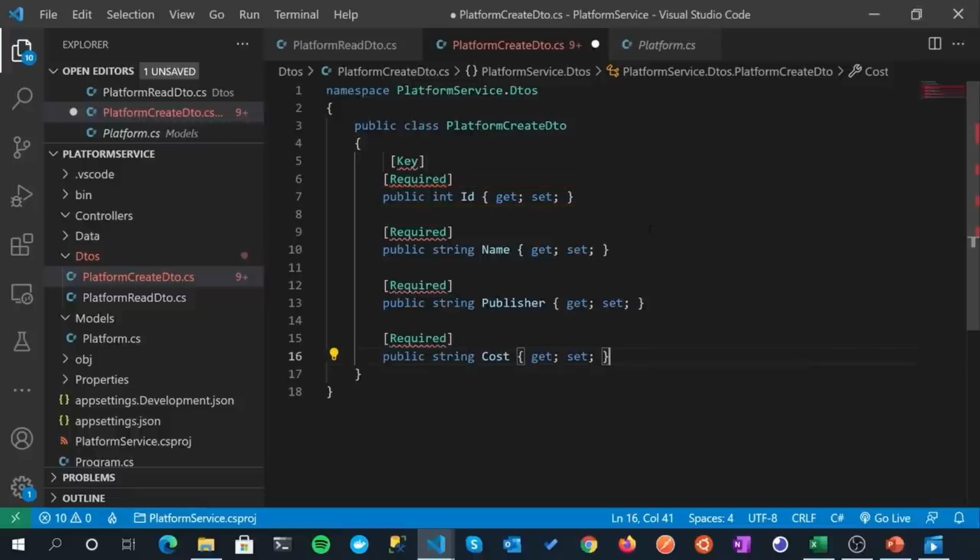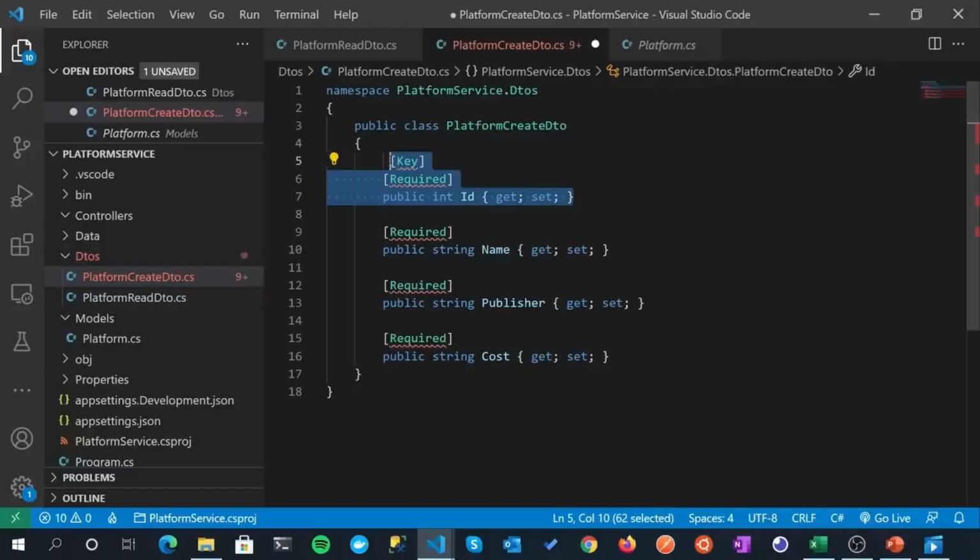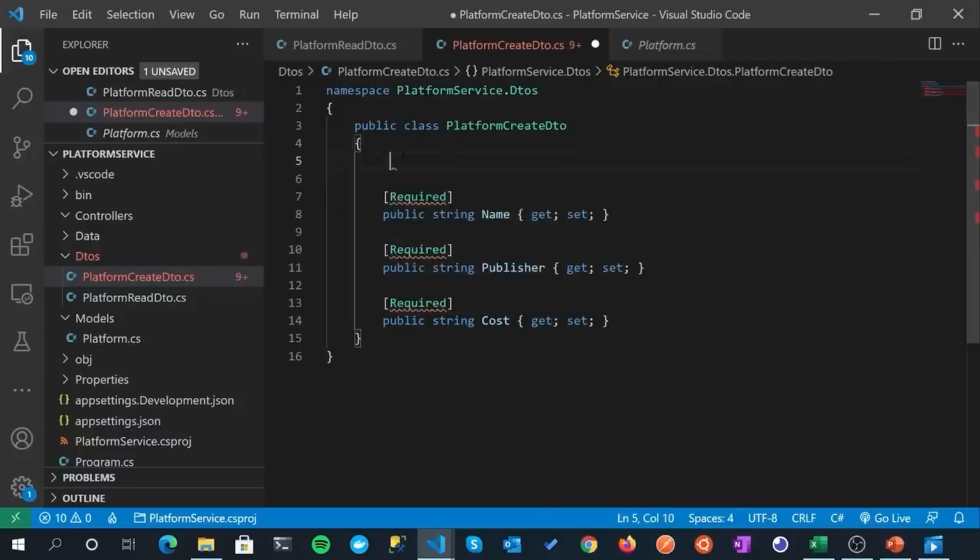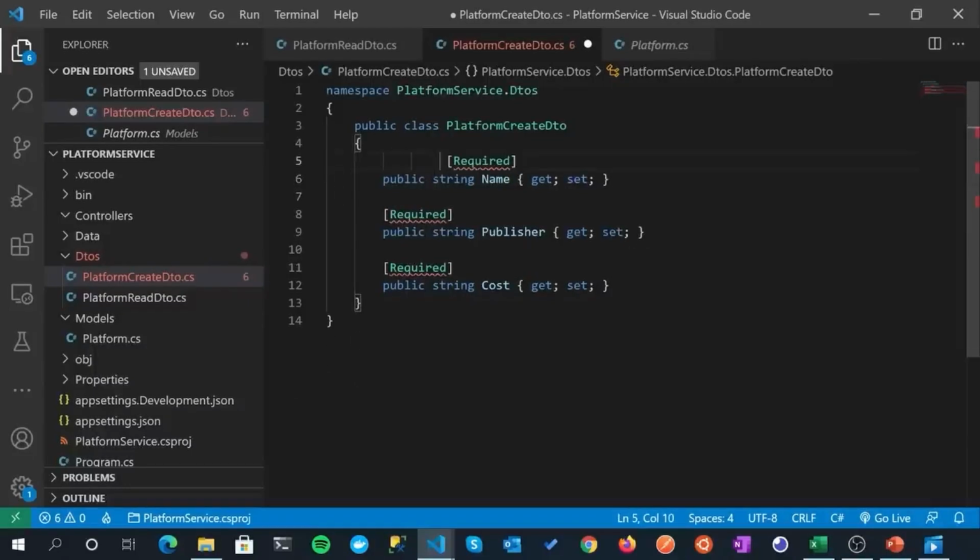No, in this case we don't, because we take care of that. Our database takes care of that by creating a primary key for us, and that's where the unique key comes from. So when someone's creating a platform with us, we do not want them to supply the ID as part of the body payload, so we take that out, okay? As for the other stuff, we'll leave that in, because we do want it.